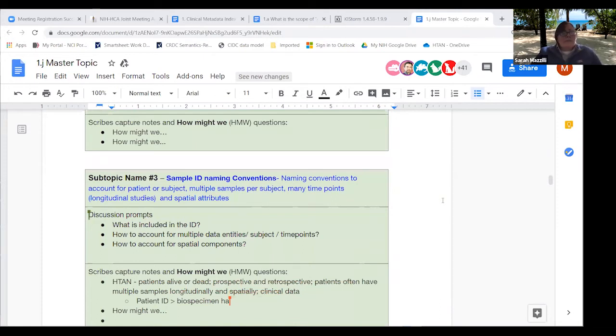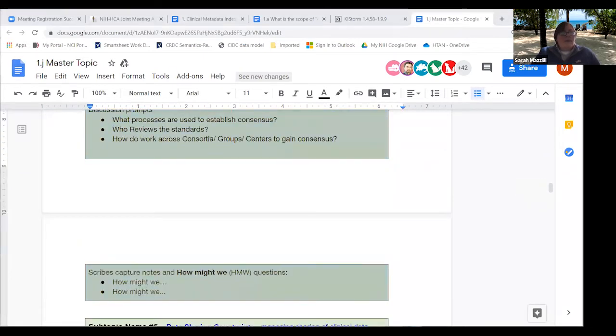There's a biospecimen ID, and from there, there's a metadata point that suggests what exactly it is: is it a subsetted sample, an aliquot, or an analyte that's been isolated, and so on and so forth. For each of those sub-biospecimen IDs, they're linked back to the patient ID and often associated with a time point. And how we're doing that is using index dates